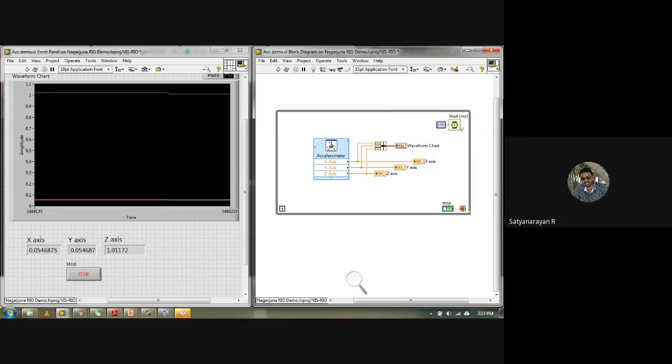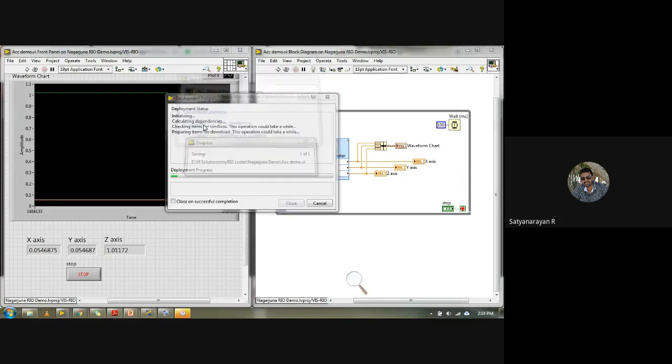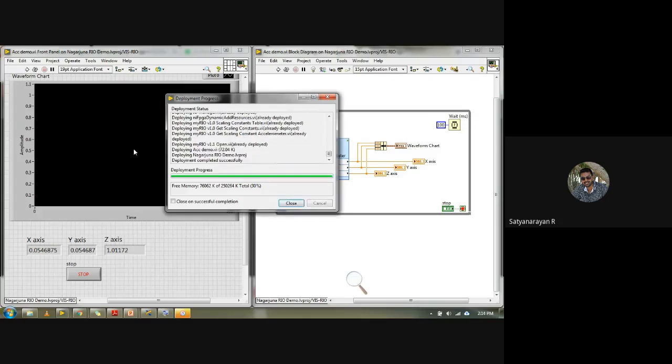I'll just label this. You can see wait, and in brackets it is clearly mentioned as ms, which is milliseconds. If you convert 100 into seconds, 100 divided by 1000, it will be 0.1. So for every 0.1 seconds, this will keep on iterating. That is nothing but the delay. Now if I try to run, you can check the actual output and how you are able to get it.